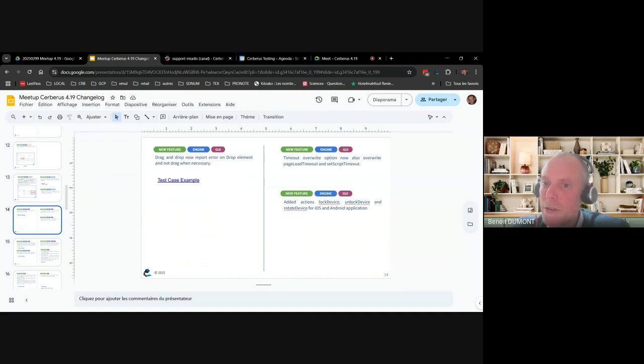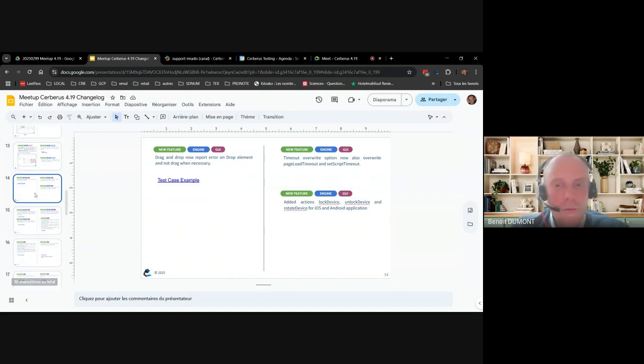Now it also overrides potential timeouts on loading a page or executing JavaScript on the robot side. That makes the scope of the timeout more complete and could solve some strange behavior that could happen.